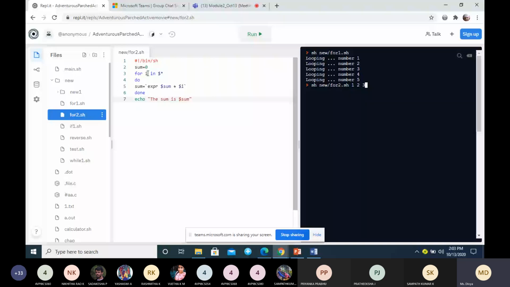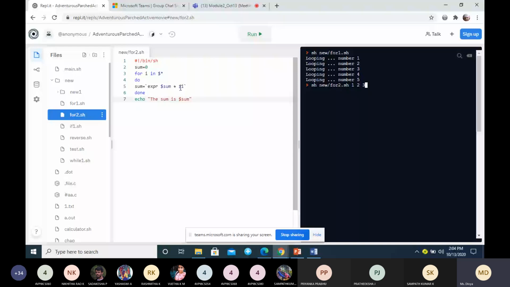There are no semicolons. For i in 1 2 3, initially i is assigned the value 1. Then do sum equals expr, which is used for performing arithmetic operations, dollar sum, which is a variable with value 0, plus 1, stored in the variable sum.